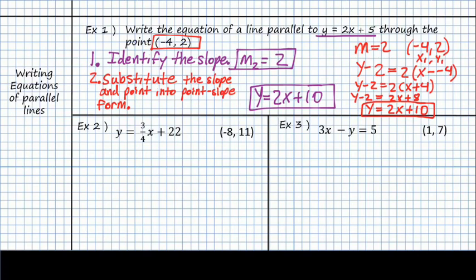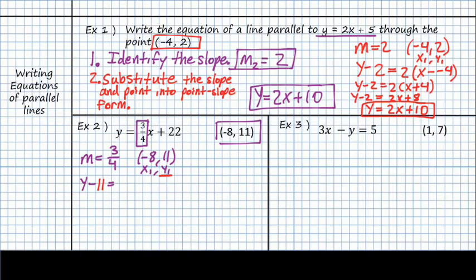So I'm going to identify the slope, and I'll identify the slope in purple here, and then I've got my point here. So I know that my m is equal to 3 over 4, and I know that my point is going to be negative 8 comma 11. So I'm going to go ahead and plug that into my equation, y minus y1, so I've got x1 comma y1 here. So y1 is going to be this negative 11. So I'm just going to go ahead and write in, regular 11. So it's a positive 11. So y minus 11 here is equal to,